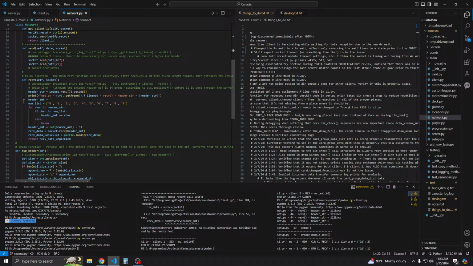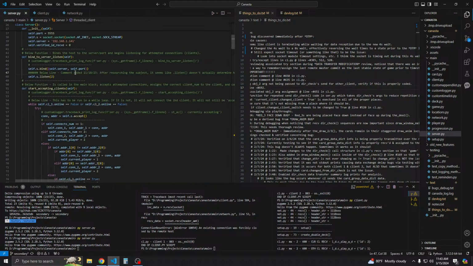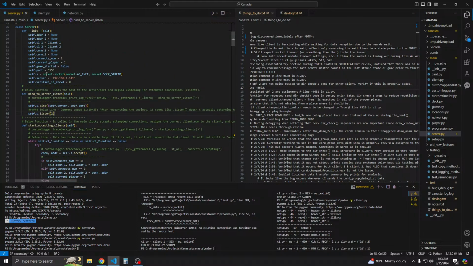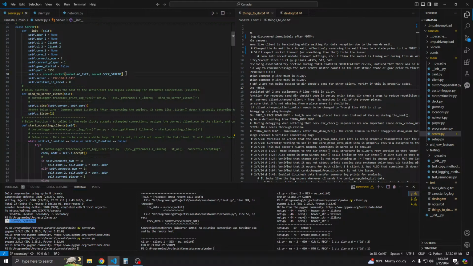We have to find the correct location to add this. self.s is the socket. So a socket is like the endpoint, right? So we have a, let's see,